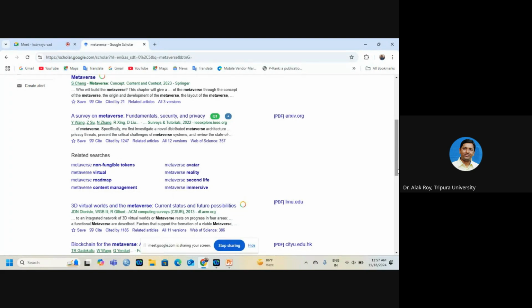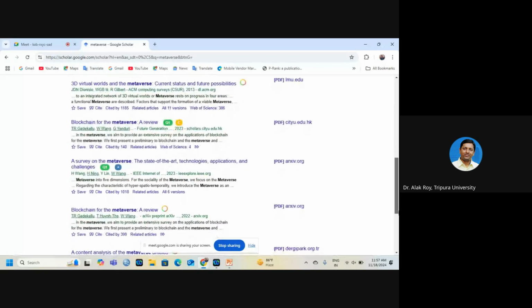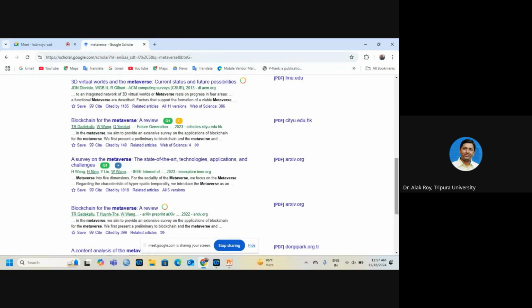Fine. Then, as I go further, you will find Q1 backed by C. C means ABDC C. ABDC is given in this way. So this journal is a Q1 journal, but in the ABDC ranking it is C. Now if I click on this plus, where it is published and indexed, everything is given, and where it is not indexed. So scientific journal rating, it is Q1.